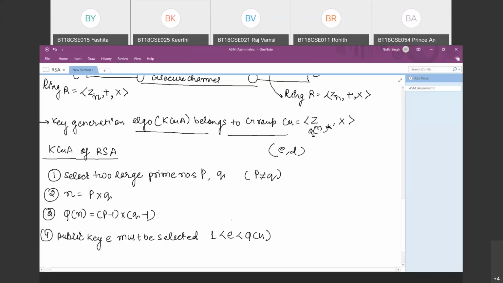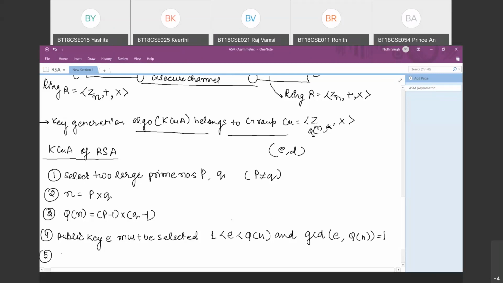So what is the value of my phi n? Phi n is p minus 1 into q minus 1. So my value cannot go above this multiplication, neither E nor D. That's why E is greater than 1 and less than phi n. And also it should be co-prime with phi n, means we have to find the value of E in such a way that its value must be between 1 and phi n, and the GCD of E and phi n should be equal to 1. So after the calculation of the value of E, my public key is generated.